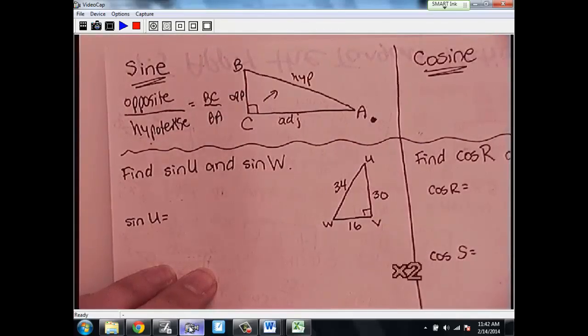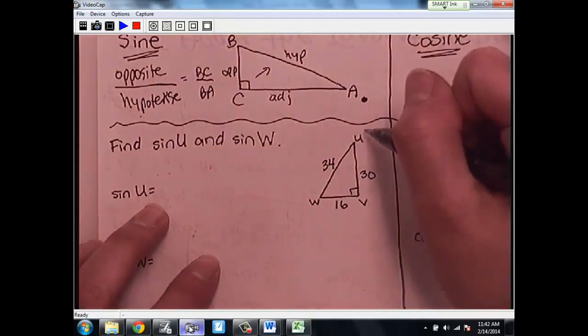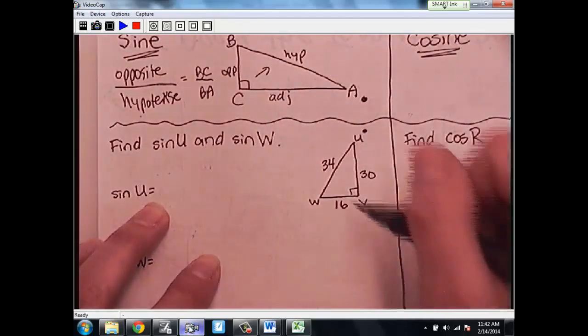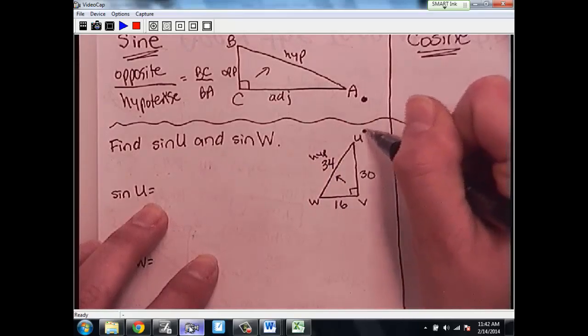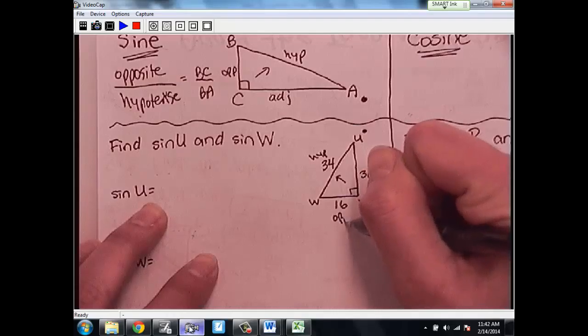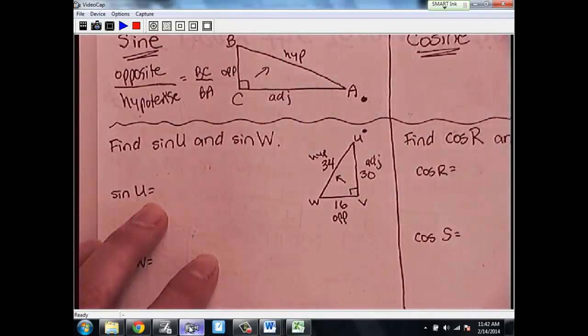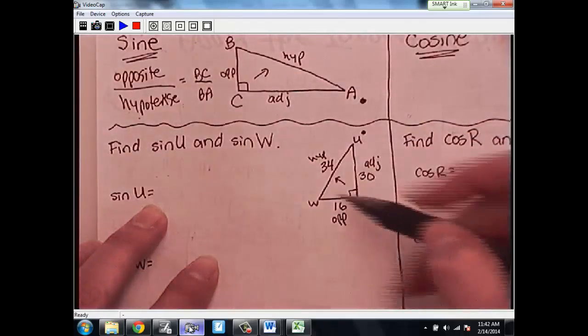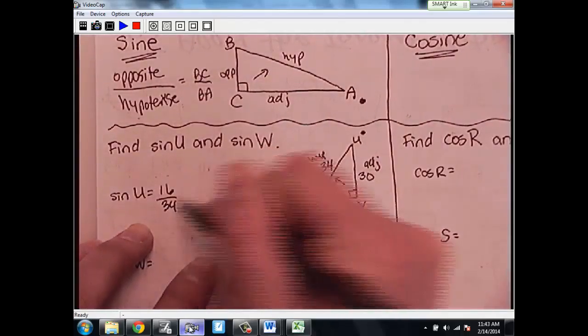Find sine of U and sine of W. So if I start with sine of U, that means I'm standing at U, and I'm going to label my sides first. This is the hypotenuse. Based on this angle, 16 is opposite, and this would be adjacent. So sine of U, what do we say? Sine is opposite over hypotenuse, so the opposite is 16, the hypotenuse is 34,